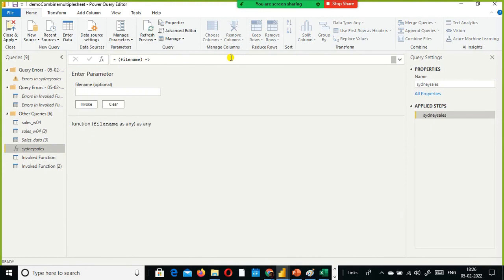Combining the files, we have seen last weekend, combining multiple files, that is with the folder connector you can do it. That is not a big deal. With the folder connector, whenever you refresh it, it automatically goes and picks up the latest file, and with that data your report visual can get refreshed.